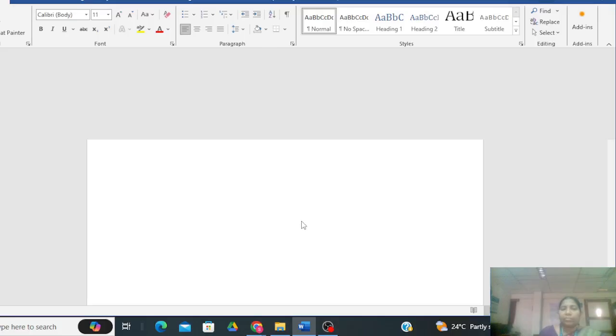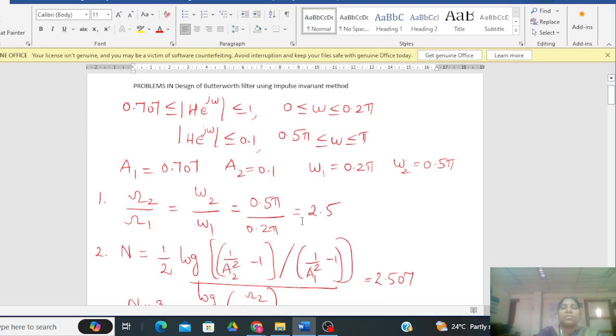Good morning, students. So today's class we are going to study the design of Butterworth filter using impulse invariant method. So the given problem is we have 0.707 less than or equal to modulus of H of e power j omega less than or equal to 1, where the angular frequency omega varies between 0 to 0.25, and the modulus of H of e power j omega less than or equal to 0.1, where omega varies between